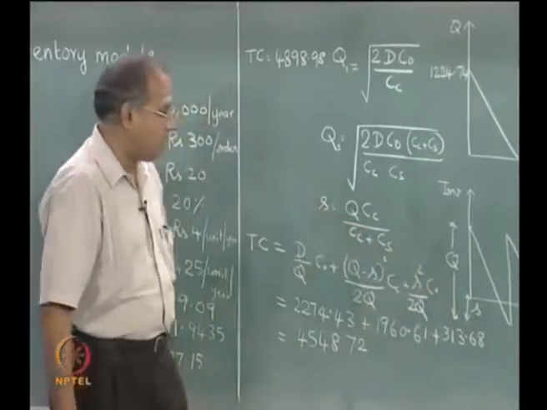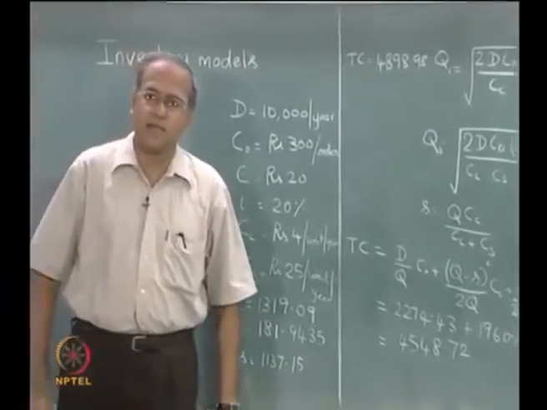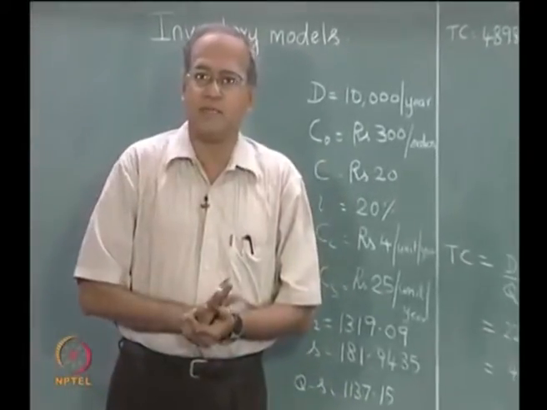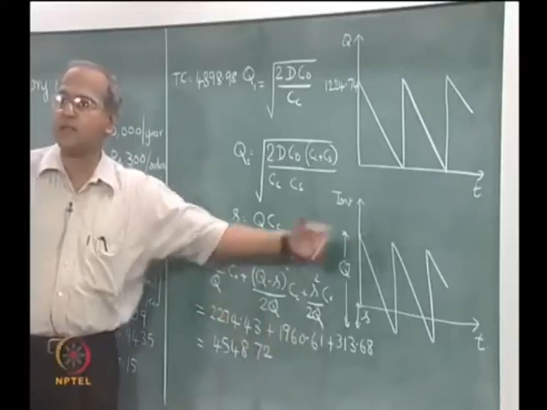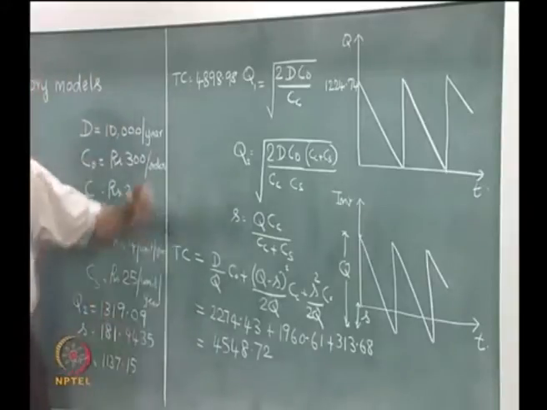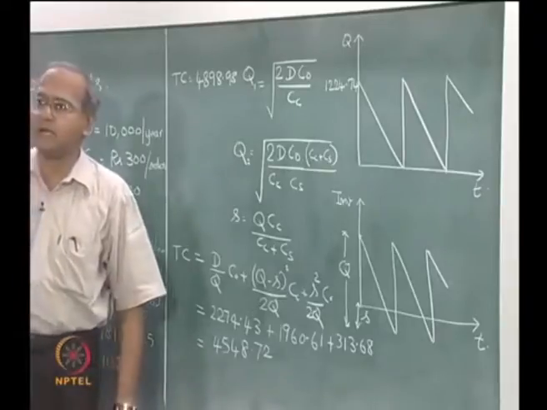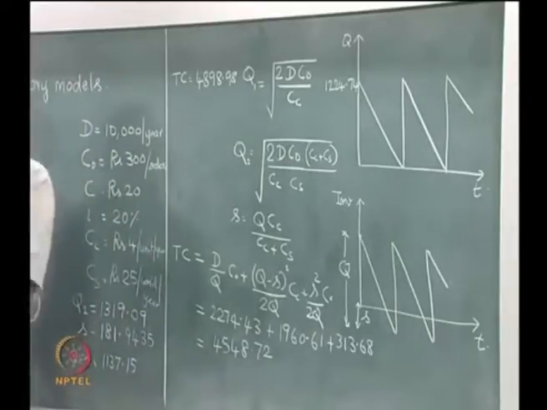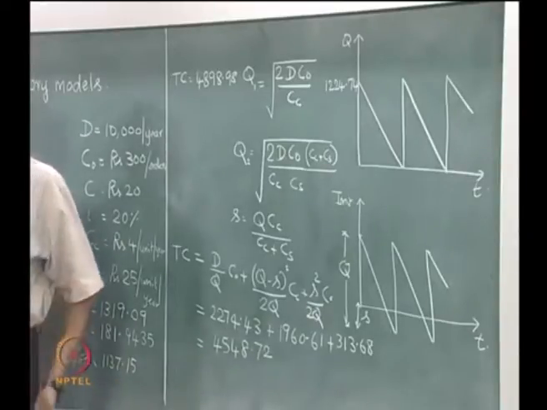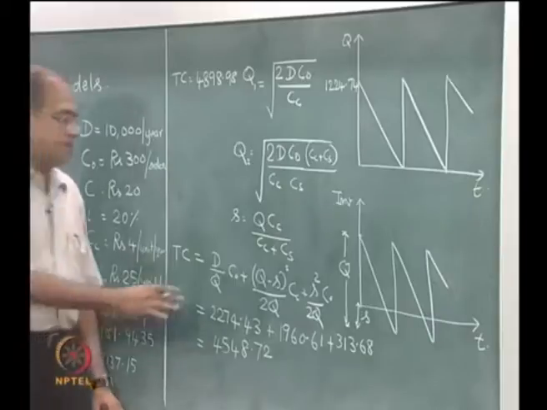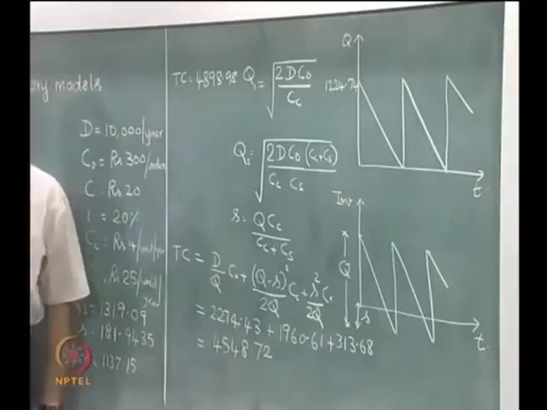So, in this model we are essentially trying to find out a Q or order quantity such that the total ordering cost is equal to the sum of the inventory carrying cost and the back order cost. In the earlier model we found Q, the order quantity, such that the order cost component is equal to the inventory holding cost component. So, each was equal to half of the total cost. Now, in this case this is half of the total cost, these two put together will contribute half of the total cost.